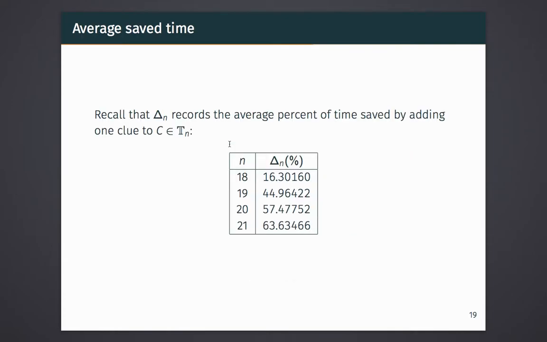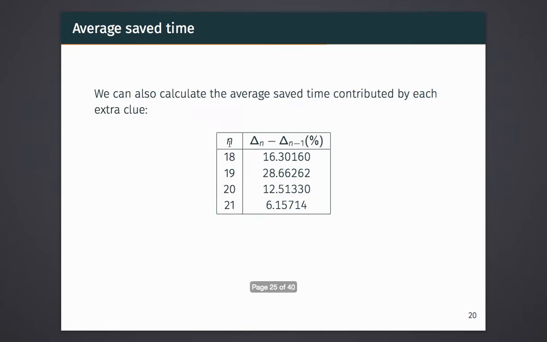As for the average saved time, recall that the big delta n records the average percent of time saved by adding one clue to a Sudoku, and we get the following table. We can also calculate the average saved time contributed by each extra clue. And for this, we find something